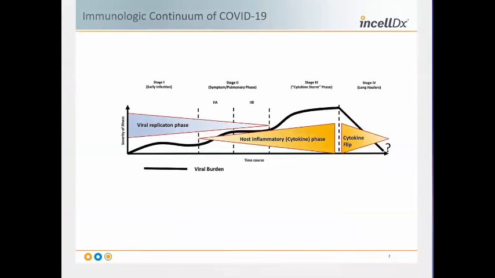From the beginnings of COVID-19, we have been able to describe the pathogenesis of COVID in phases, with the initial viral replication phase, and then eventually the immune system kicks in, and you have early, moderate, and severe inflammatory reactions that some describe as the cytokine storm. What we found, which is very interesting, is then you have a cytokine flip following recovery from